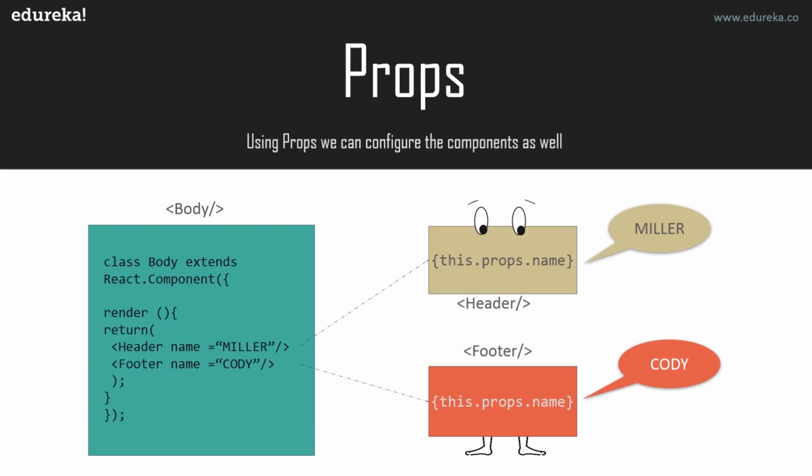So props are basically used with components. They revolve around the components. They help in the conversation of different components. Via props, we can do the conversation or communication between the different components in React.js. And how to access those props? The props are accessed using this.props.name, or you can say this.props. the attribute name or attribute value.